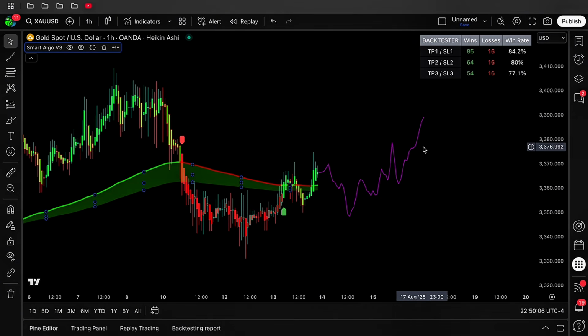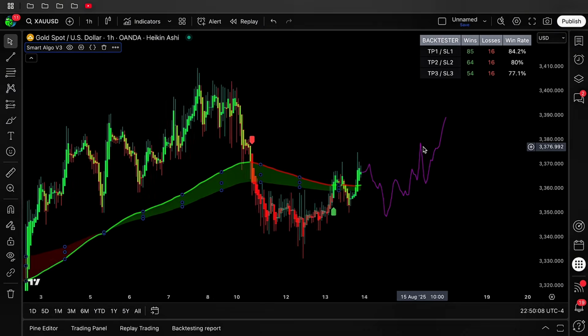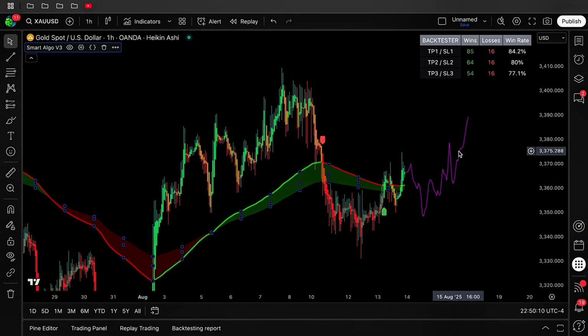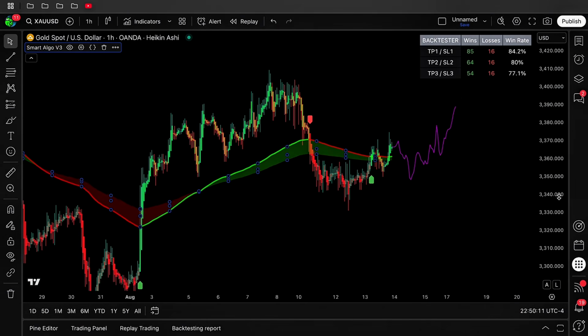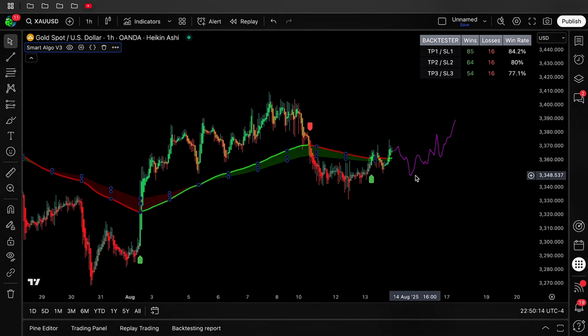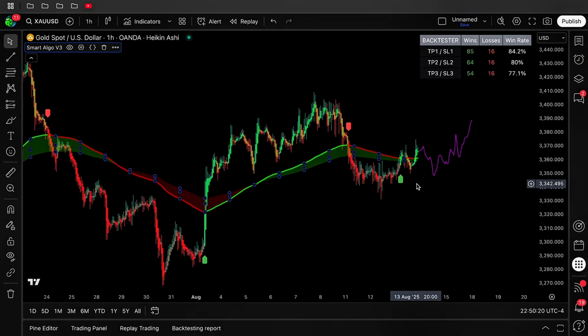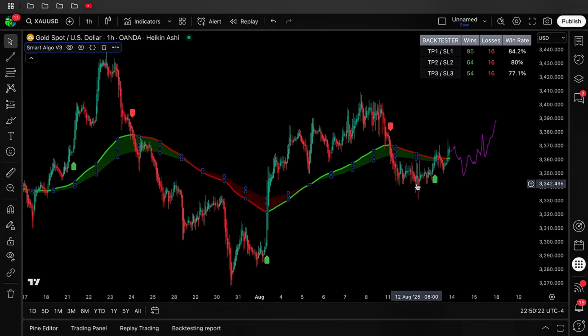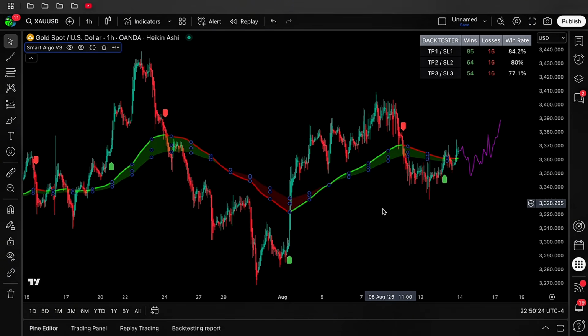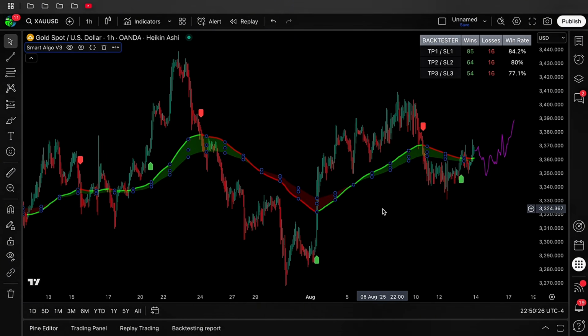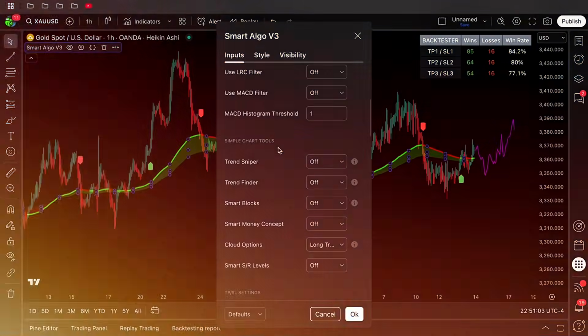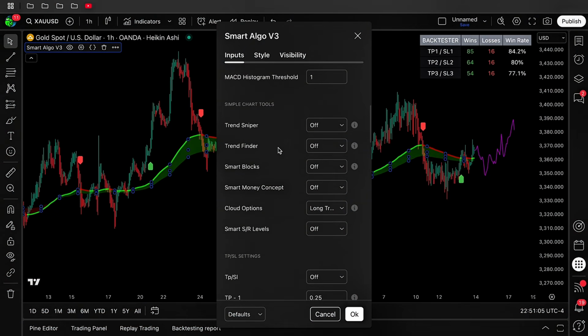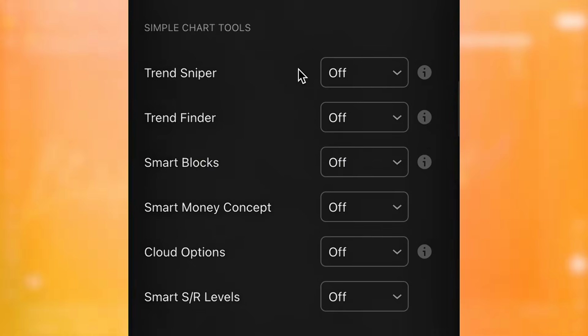It works by analyzing an evaluation window and projecting into a forecast window, drawing a possible price path based on past behavior. Now, I'm always going to say this, it's not a crystal ball, but when you combine it with filtered signals, EMA alignment, and your TPSL logic, it's a powerful extra layer. And because you can customize the window lengths and source data, you can make it aggressive for scalping or more conservative for swings. Version 3 keeps all the chart enhancements you liked in V2, smart money concepts, automated support and